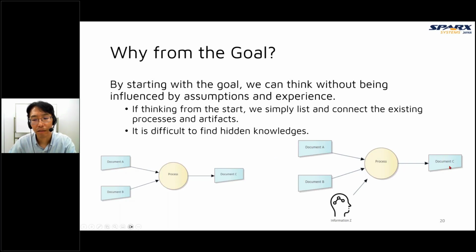By thinking from the goal, we can find hidden undocumented processes or information. And these are keys to create our best process.